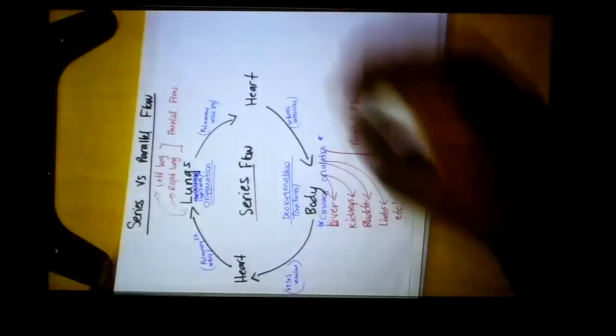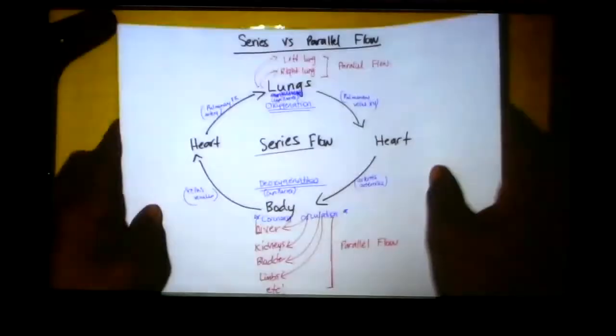Any questions on muscle? Okay, now I got a few questions asking specifically about the difference between series and parallel flow, and then asking about some of the valves, right? So I'll discuss those, and then I'll sort of go into some more general things. So when we talk about series and parallel flow,